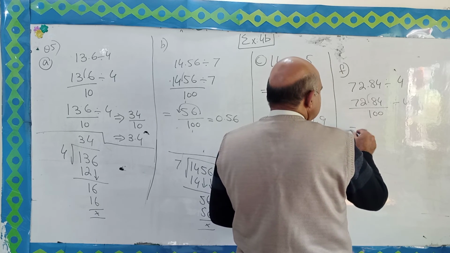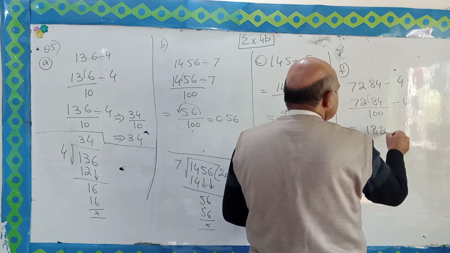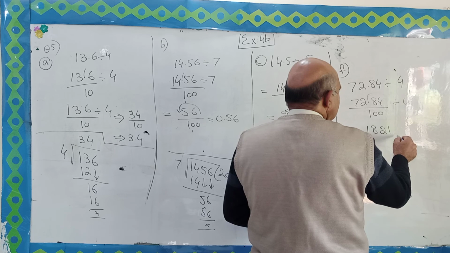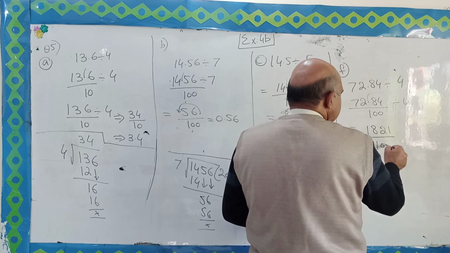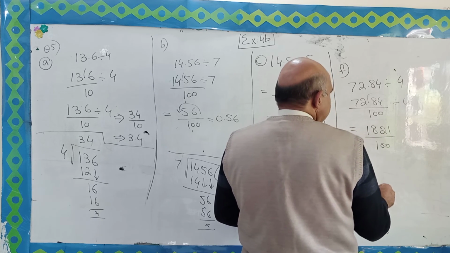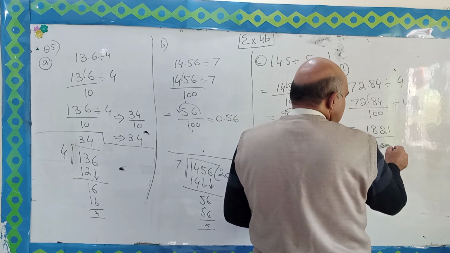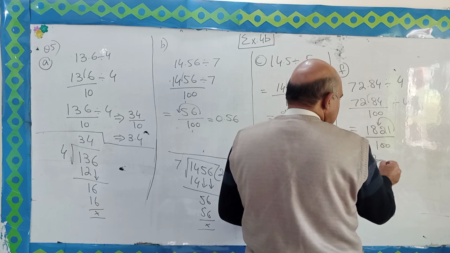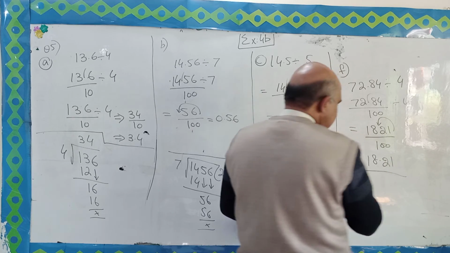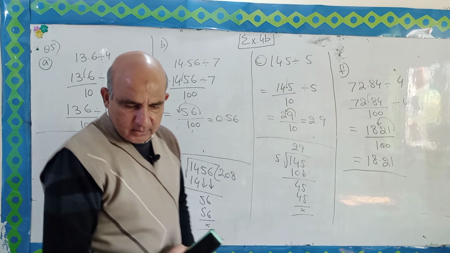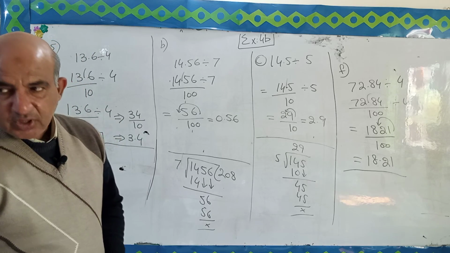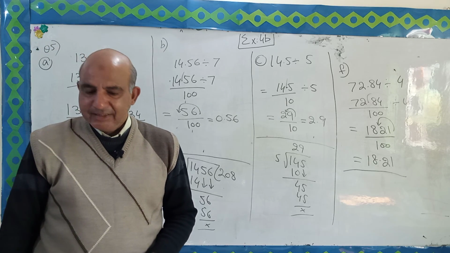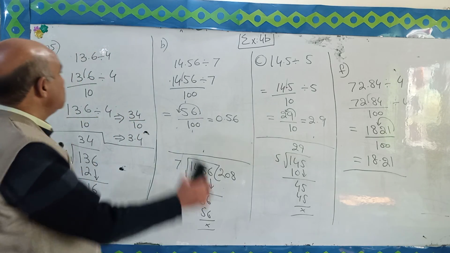So 1821 divided by 100. So here there are two zeros, so we write here after 2 decimal places, so 18.21 is the answer. Right? Now I am going to start question number 6 as well. In question number 6,